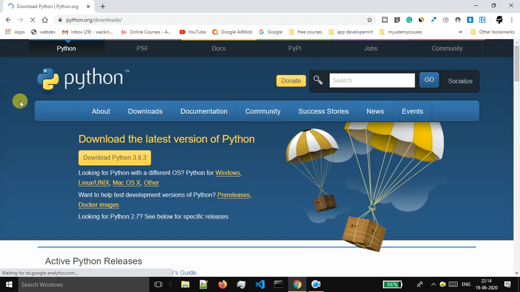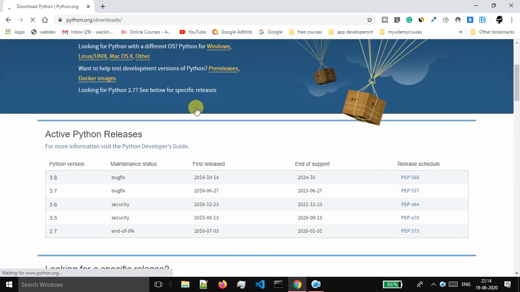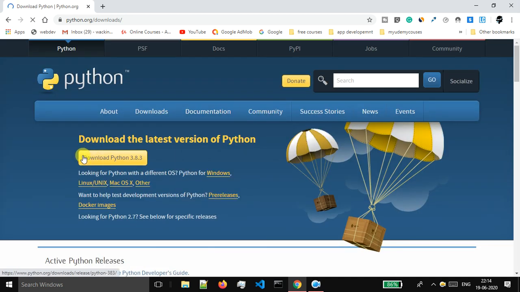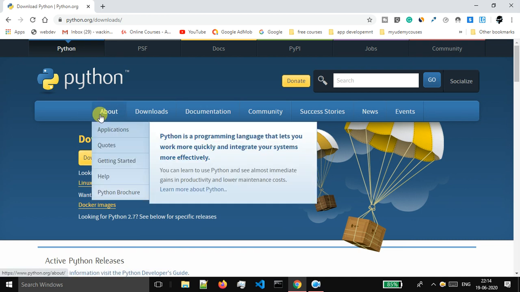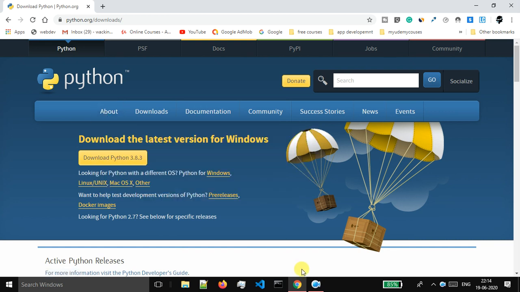Okay, so this is the website of Python. You can directly click on this, and it will be directly downloading the latest version of Python, which is Python 3.8.3. And this is the about us section. If you are interested, then you can directly go and